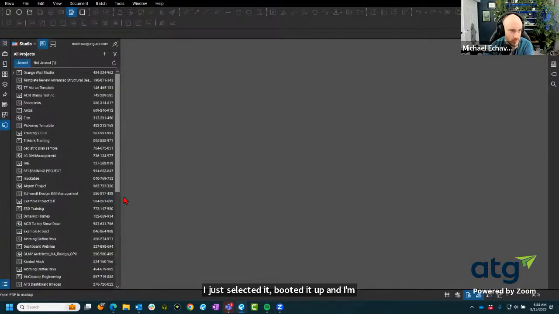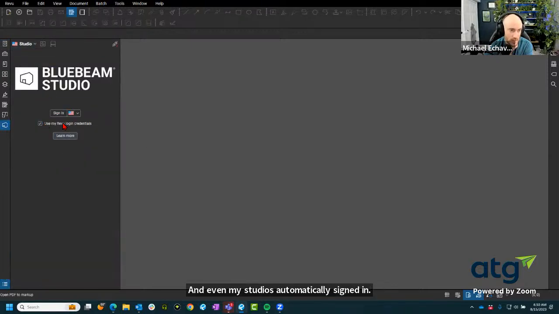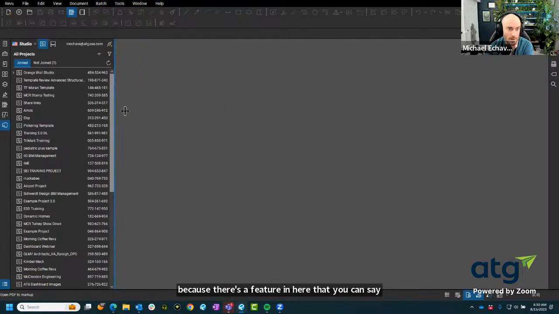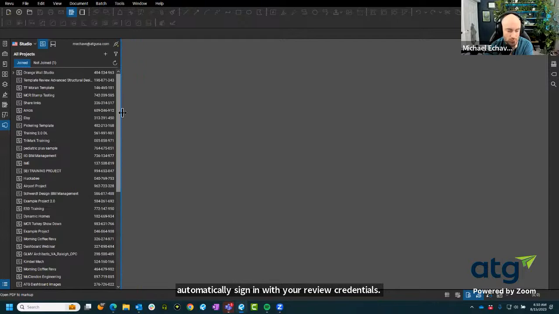And even my Studio's automatically signed in. That's because there's a feature in here that you can say automatically sign in with your Revu credentials. So I don't have to even worry about Studio. If you are coming from Revu 20 to Revu 21,